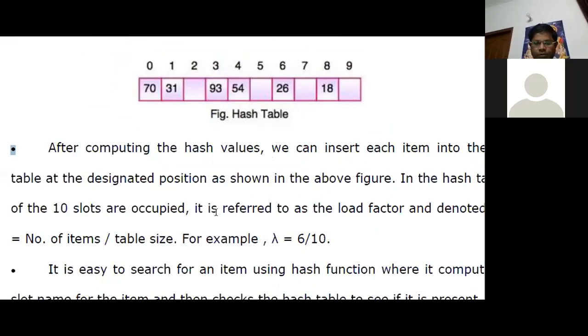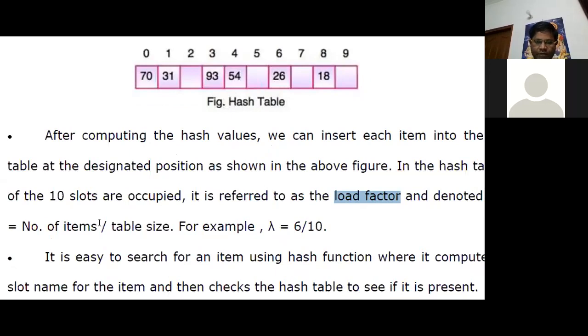So there is another term that is generally used, and we call that term the load factor. It is denoted by the symbol lambda, and it is given by the number of items divided by table size. So here this is our given table, and after inserting the given data items, this is the current situation of our table. So how many items are there? 1, 2, 3, 4, 5, 6. So at present, there are 6 data items in the given hash table. So the number of items value is 6.